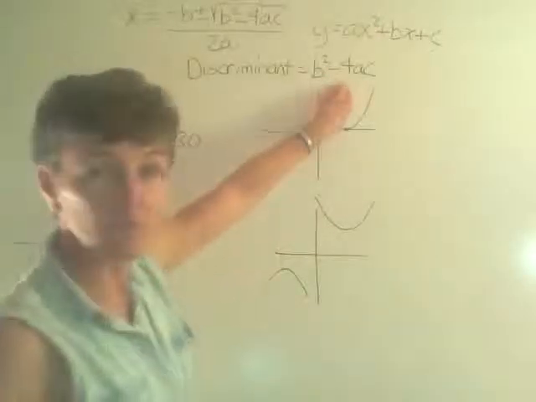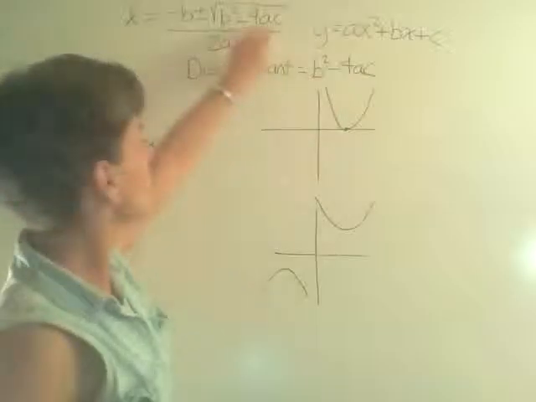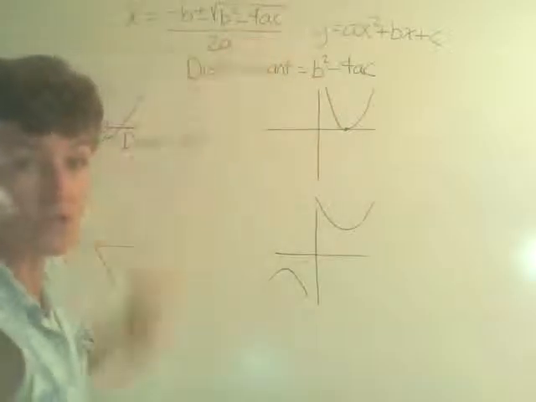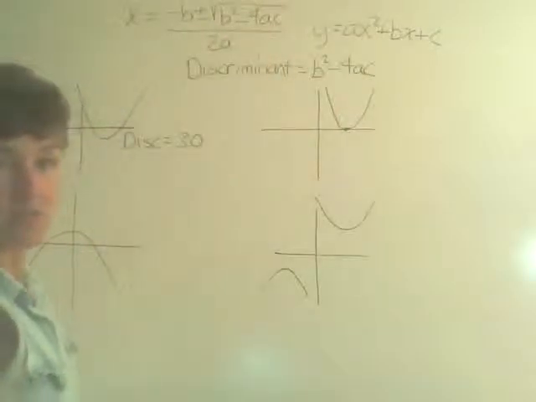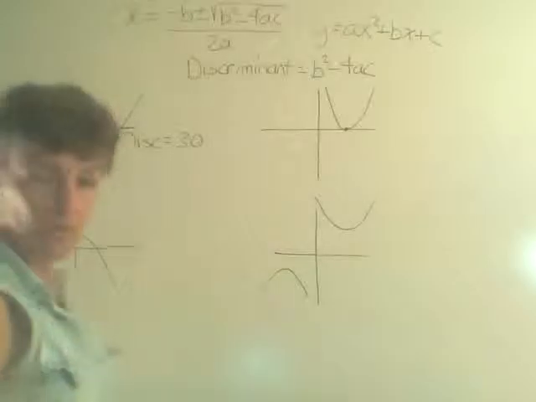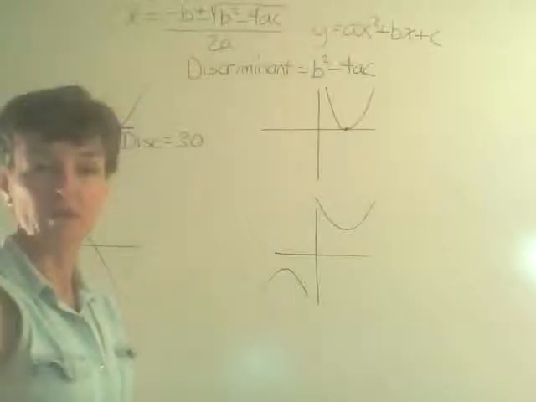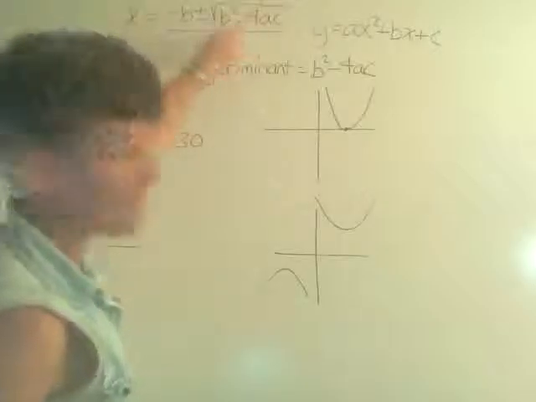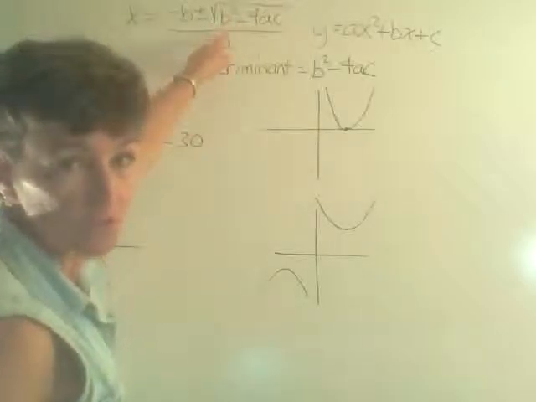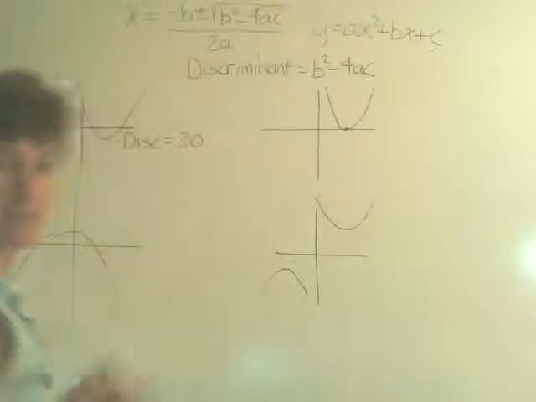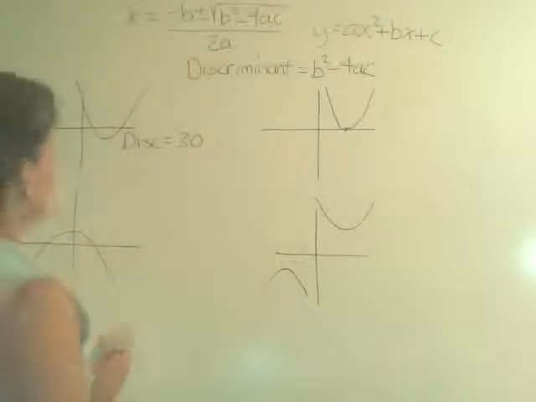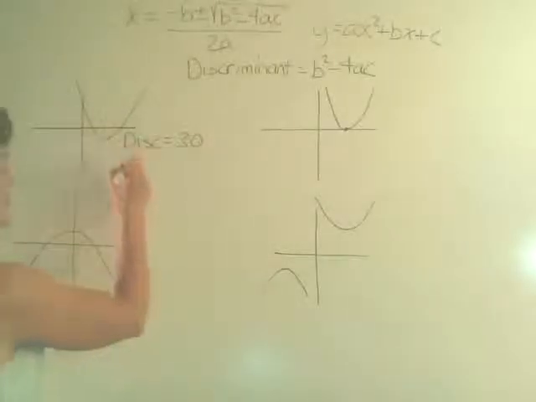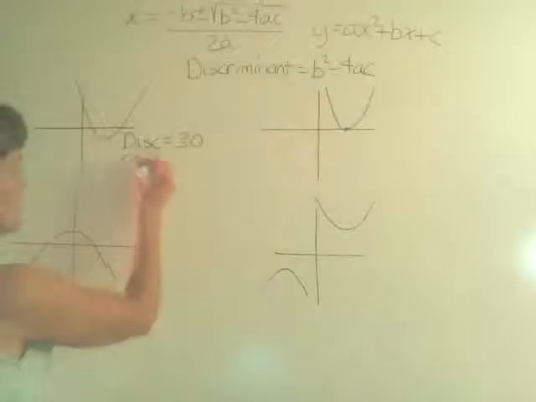If 30 is my b squared minus 4ac, when I look at the quadratic formula, 30 would be underneath the square root sign. We cannot take the square root of 30. The square root of 30 is an irrational number. Therefore, if I have a square root that is irrational, I can't take the square root of it, then I have two real